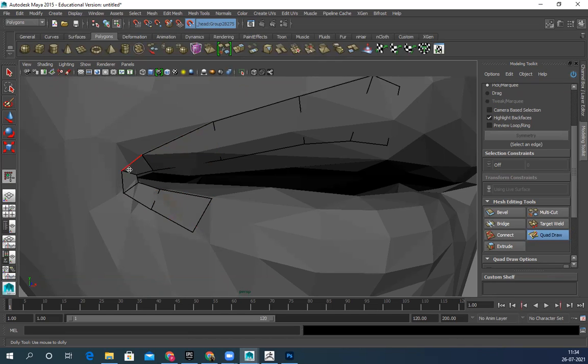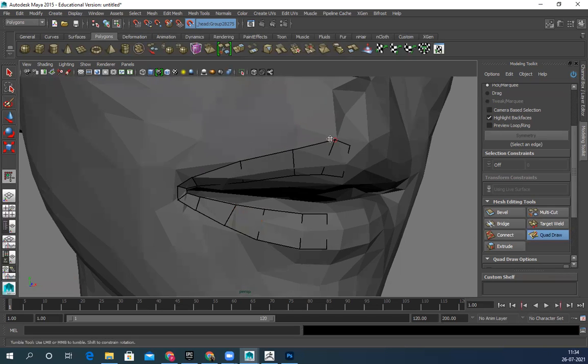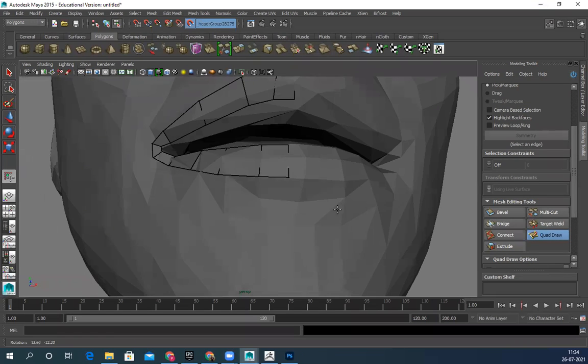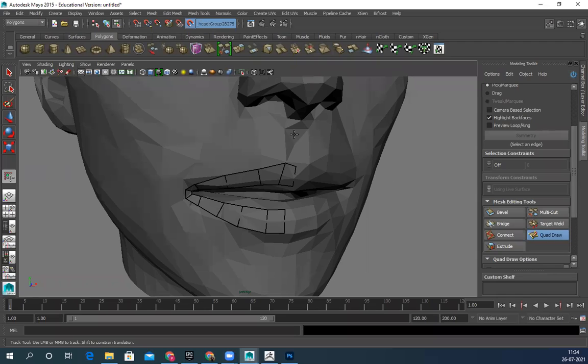You can see I rotated this. Do not connect these two. It should be a clean loop. Upper end, lower end. Yes. This is very important. Then now this area.